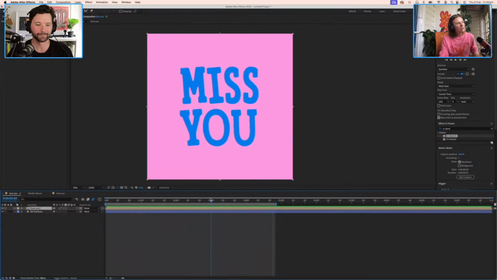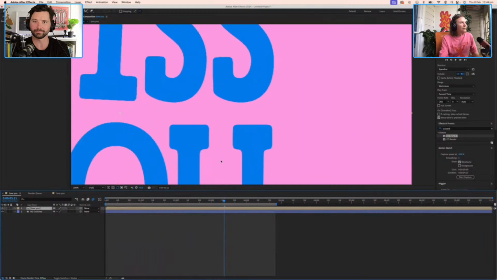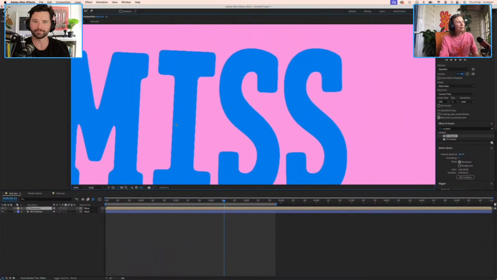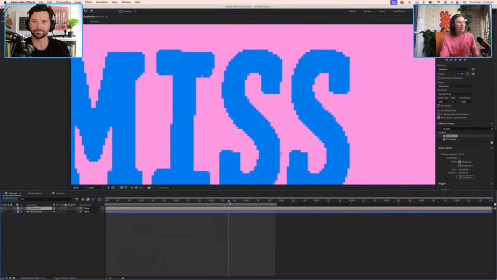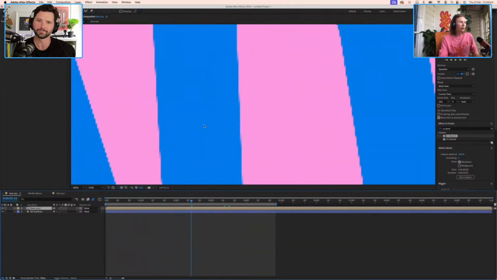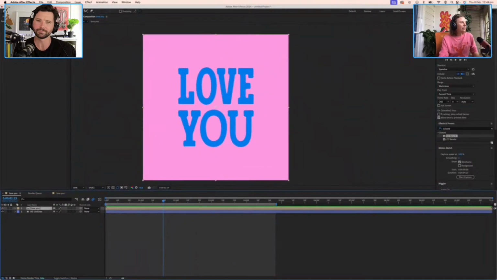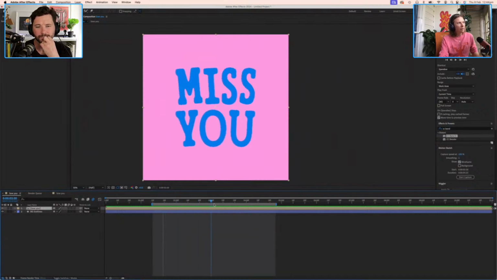Now, because we had to crunch in so tightly with that levels effect, I don't know if you can see it. Maybe if I zoom in a bit more, we're getting a little bit of this crunchy aliasing on the edges of our letters. It's really only noticeable if you zoom in 1,000,000%, but it is a little bit distracting and takes away from the smoothness of the whole thing.